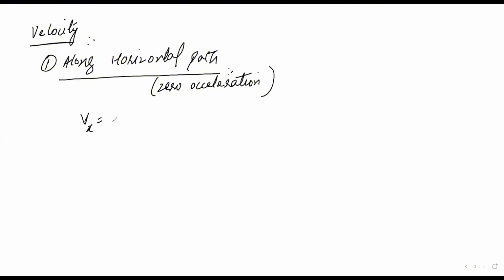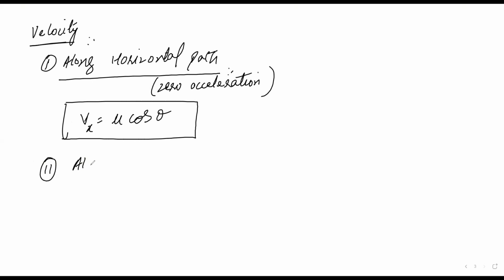That would just simply be u times cos theta. Just get yourself the angle at which the projectile is launched and the initial velocity, and you will simply get the horizontal component of velocity. But similarly,